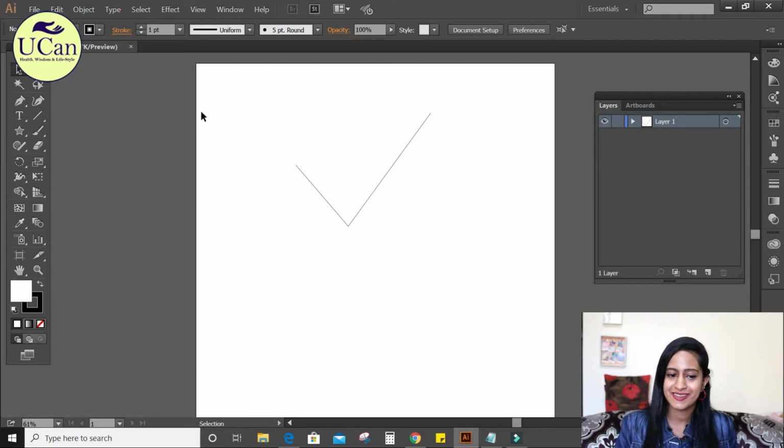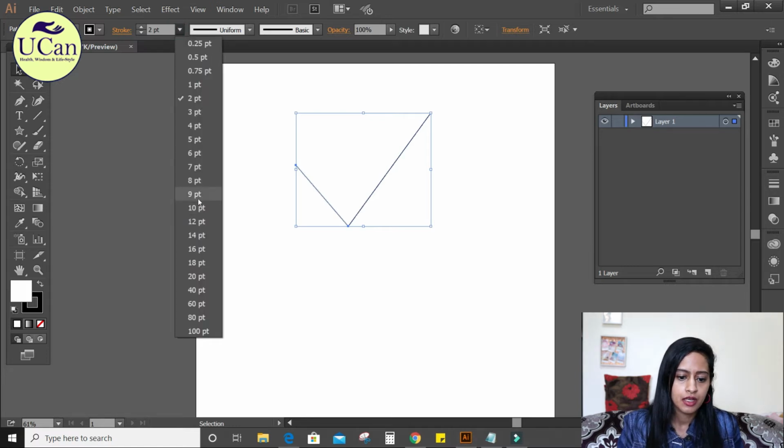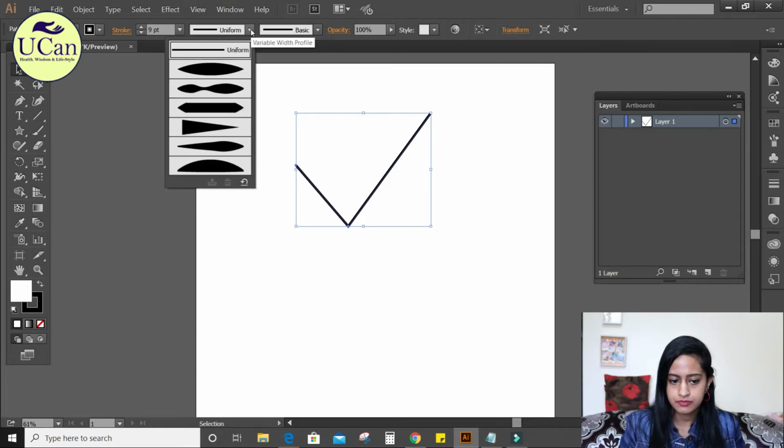So it's very confusing sometimes, and it wastes a lot of time, which you can do really fast. So that's the third bar which you have to keep in mind when you are using Illustrator. So now you can select the line and you can change the points, or you can make it, whatever point you want, the thickness of the line.